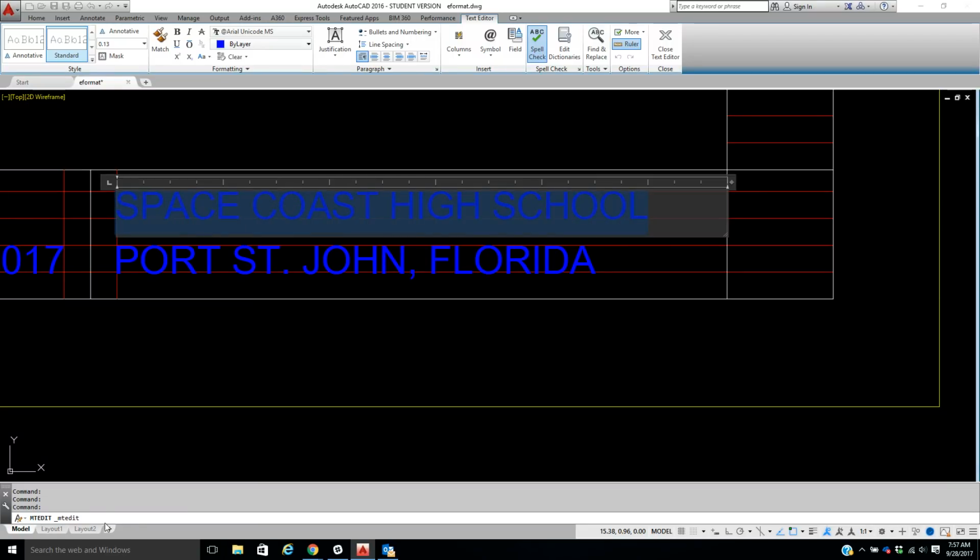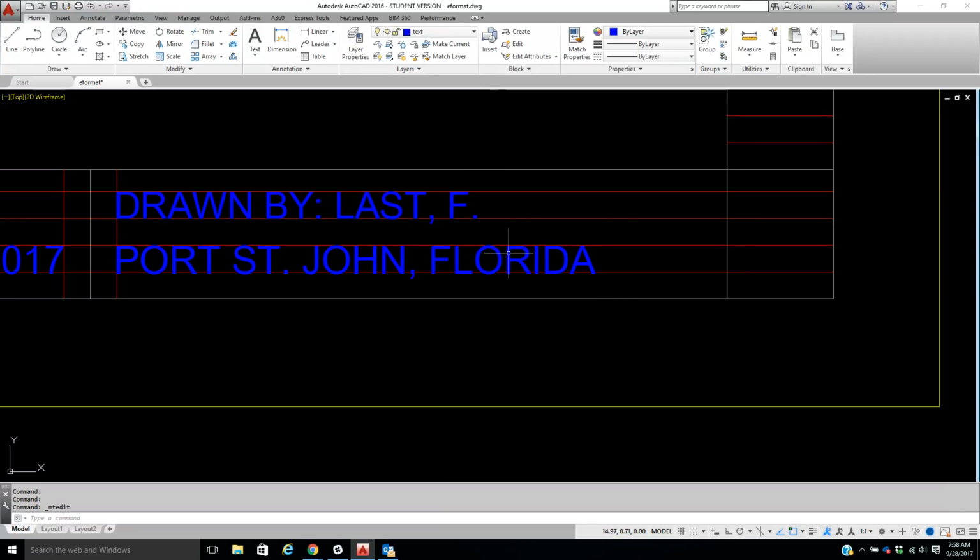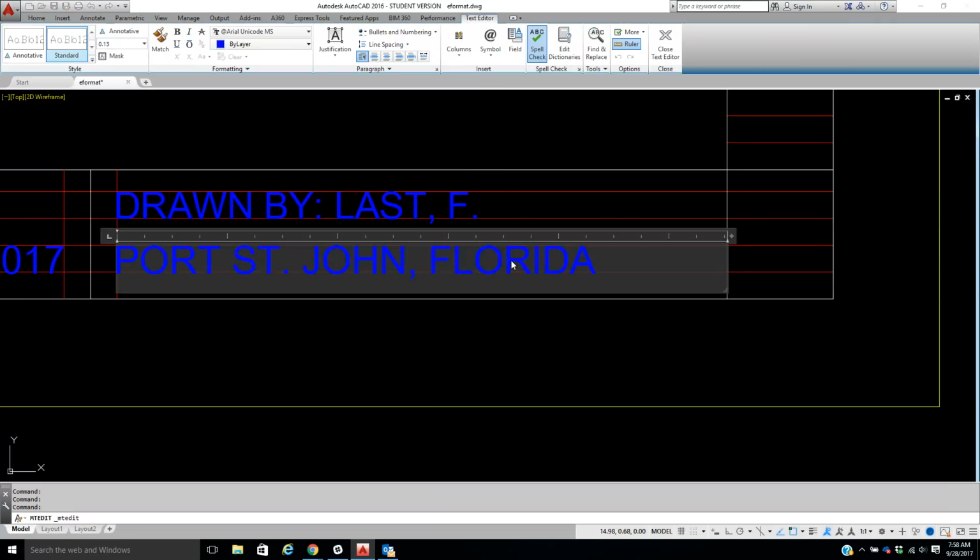Now, you're going to put in here, drawn by with the colon, leave the space. Now, you're going to put your last name, comma, space, first initial, period. Make sure you have the space in there. Make sure it's spelled out just like that. Double check it. Then on here, double click this, and let's just put graded by,